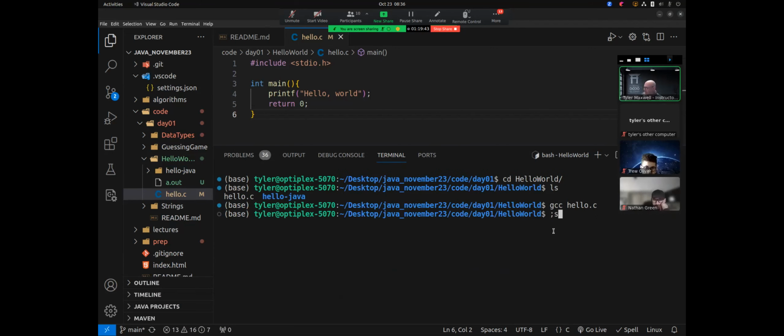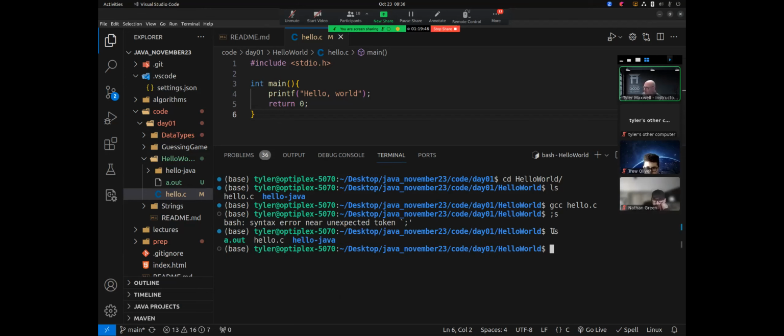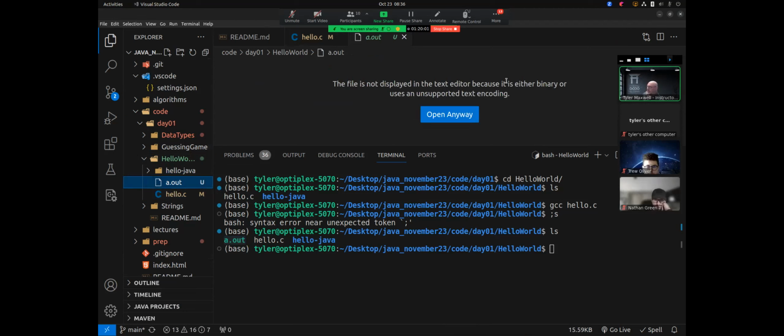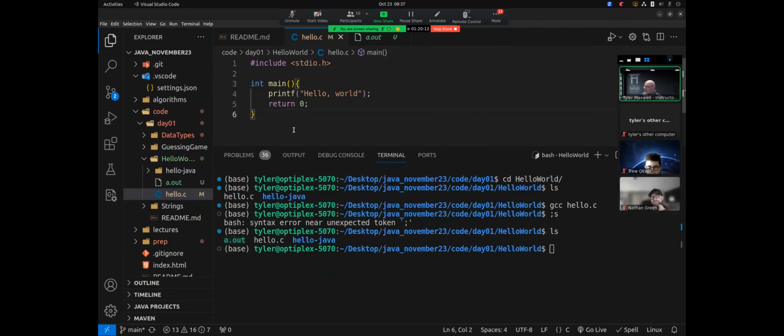And if I look at my file structure, you can see it here as well, when I compiled the code, it developed this a.out. That's the code that, if I try to look at it, it's not going to let me look at it because it's bytecode. This is basically what the computer understands. The computer just understands assembly, zeros and ones, that kind of thing, right? So the compiler has taken the code that I've written, which is more English-like, and translated the whole thing into this file that the computer can then run. This is what's known as an executable.